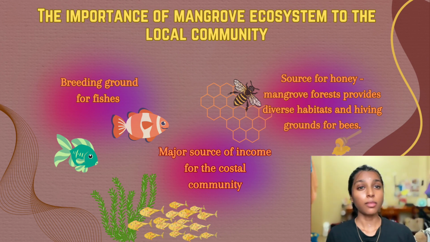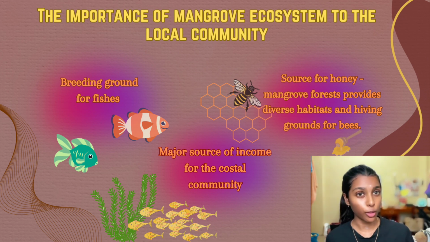This is because many species of mangrove produce flowers that are rich in nectar. These flowers attract the bees to collect the nectar and produce the honey. In coastal areas where livelihood often heavily depends on fishing, honey production also serves as an alternative source of income for the coastal community. Last but not least, it is evident that the mangrove ecosystem plays a significant role in the economy of the local community in order to sustain their lives.